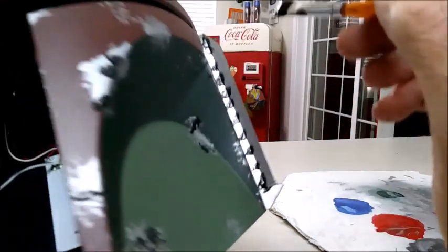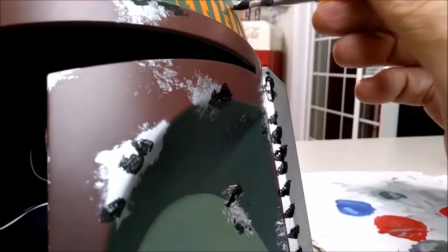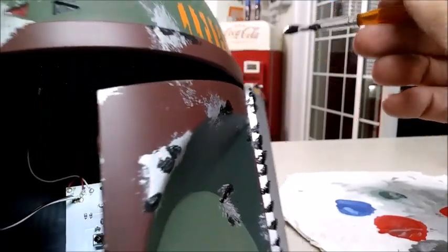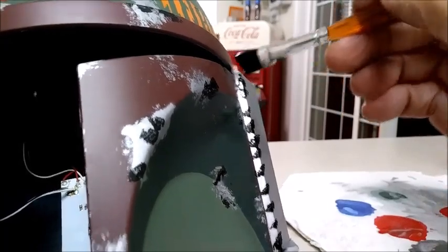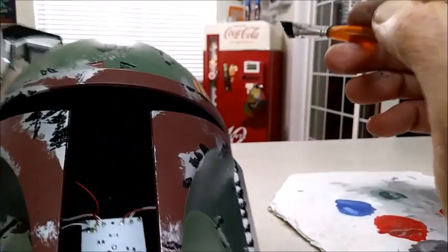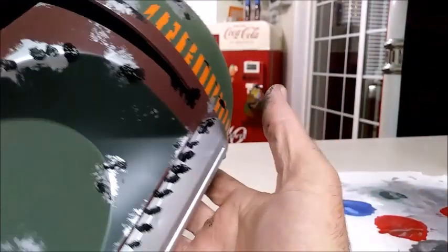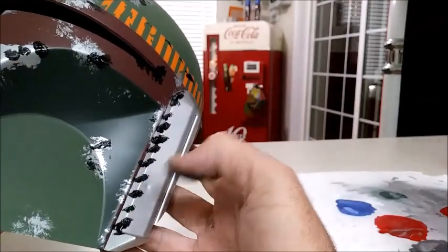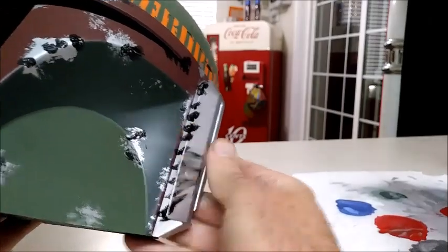So sometimes I'm putting a little bit more, sometimes a little bit less. Even put some on his kill stripes. Put some in the corner here. All right. So then what I'll come back and do, depending, because this is all not new to me, but with every project it's new. So here maybe I'm just gonna